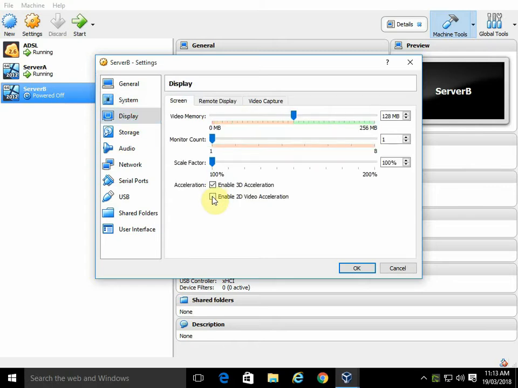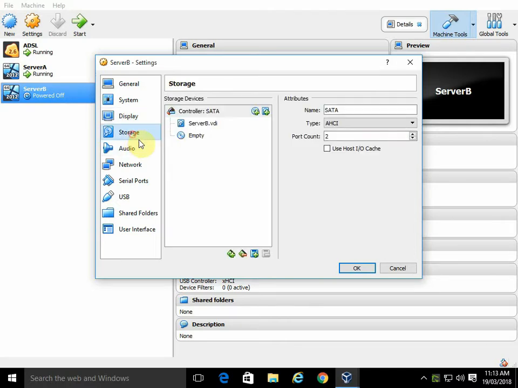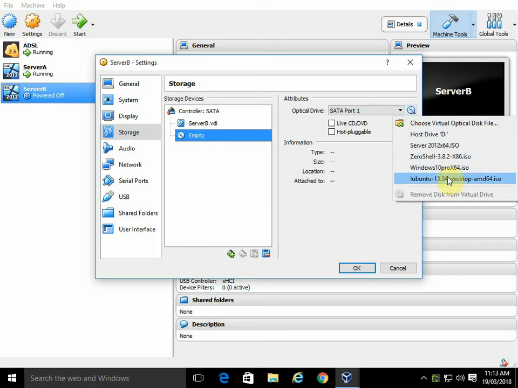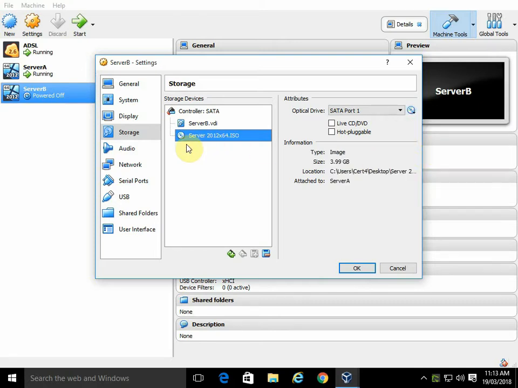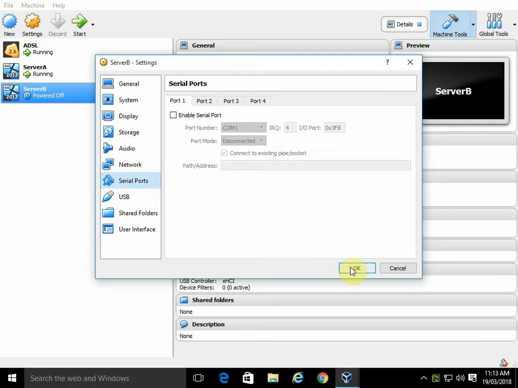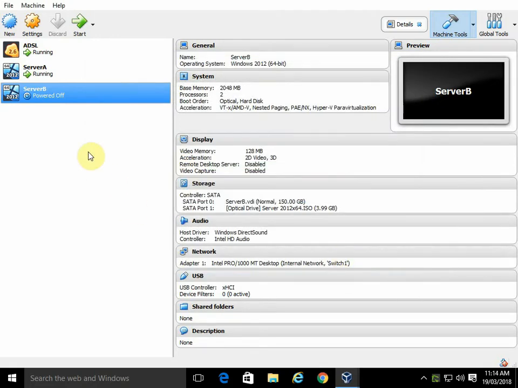Display, we need to enable 2D and 3D acceleration and make sure we're on the green. Storage wise, we need to add in the Server 2012 64-bit ISO image, and on the networking we need to change it to an internal switch 1, and that's it pretty much. So that's server B created,